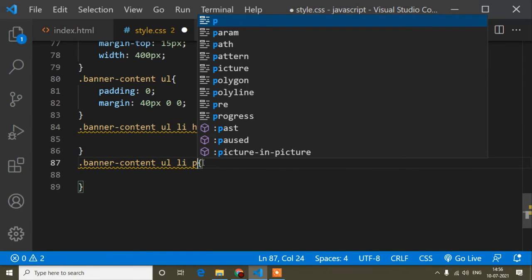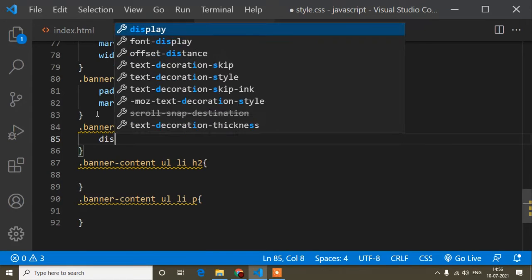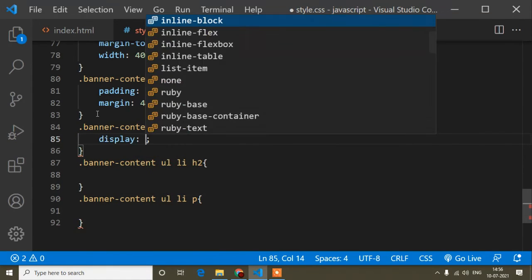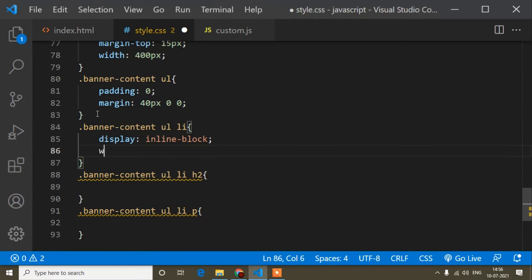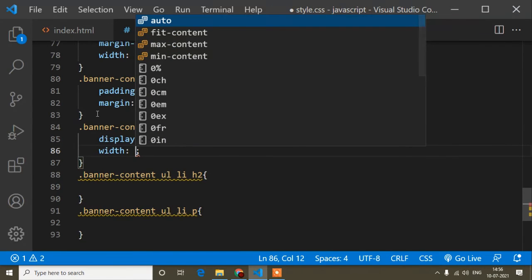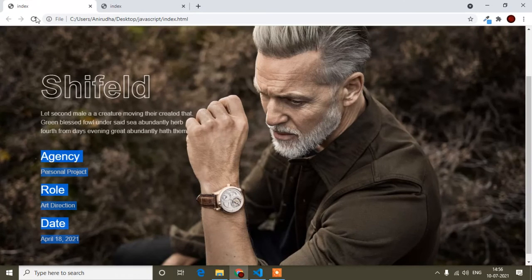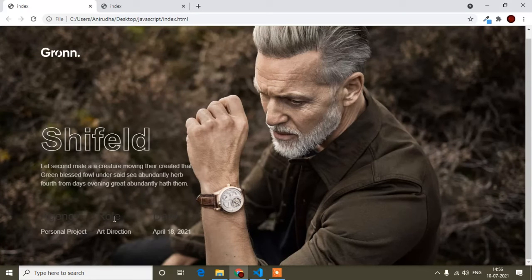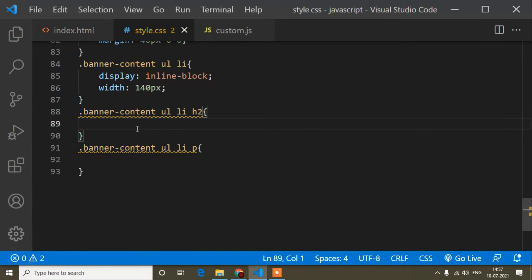Okay, so now, first of all I will add the design for our h2 tag. So if I write li, that is display inline block, and width is 140 pixel. So now you can see it's now in a one line, this li tag in a one line.